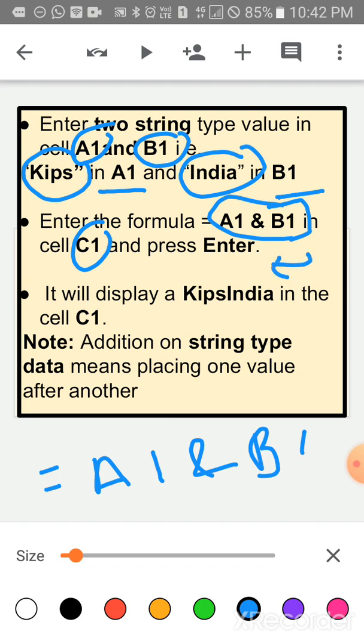It will display KIPS India in cell C1. Addition on string type data means placing one value after another.